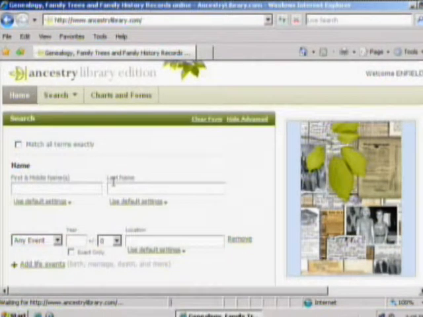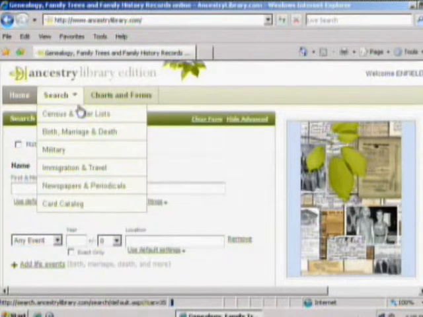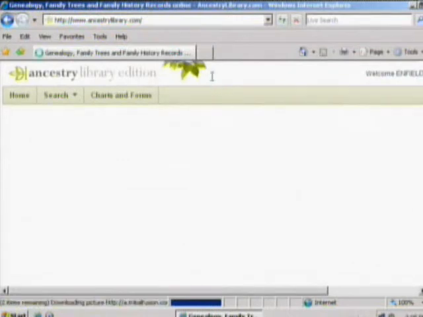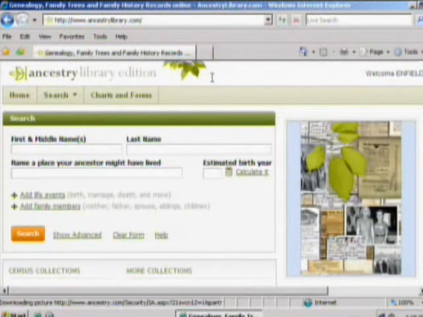And then there's also the capability of the search button up top bringing you to particular places that you want to go. So if you're just looking for census information, you can click here, or birth, death, and marriage records. Any vital statistic records and collections are going to be here as well. And again, all the different categories that are within this particular database. And as I said before, there are over 7,000 databases within this resource.